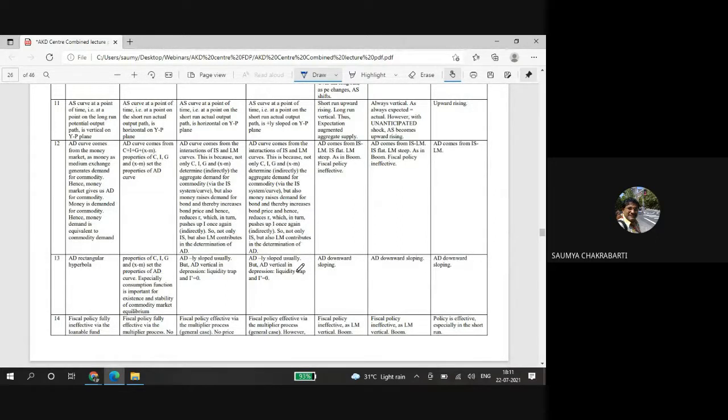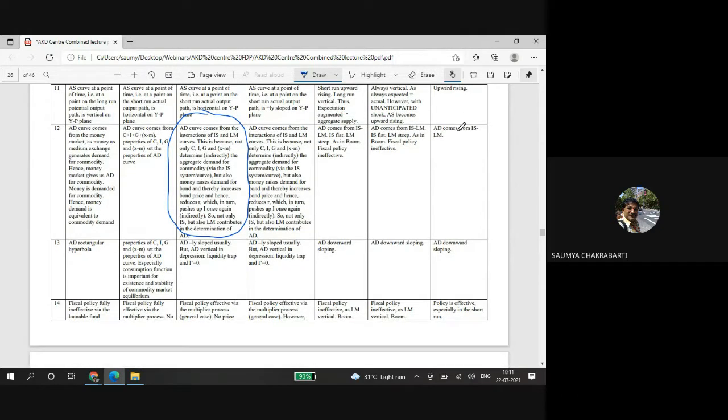And then the AD curve. That's why IS-LM is extremely important everywhere in all textbooks and all discussions, because for all the models here, then later on we'll have monetarism, we'll have new classical, we'll have new Keynesian, everywhere aggregate demand comes from the IS-LM framework. And aggregate demand is determined through the interaction between the money market, bond market, and commodity market. So these are the things I think you have already gone through, so I'm not going into these characteristics